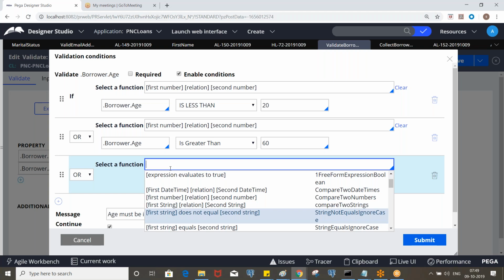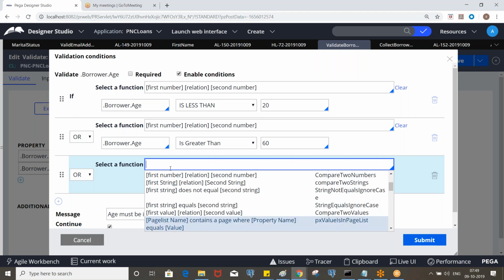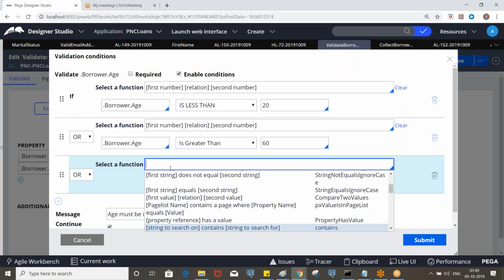Okay, so when we use that, if it is not equal and you want to display something, then you can use that by ignoring cases. So first value relation second value. Again, you can use this for validating the age. So page list name contains a page. Okay, that is a complex function, we'll see later.